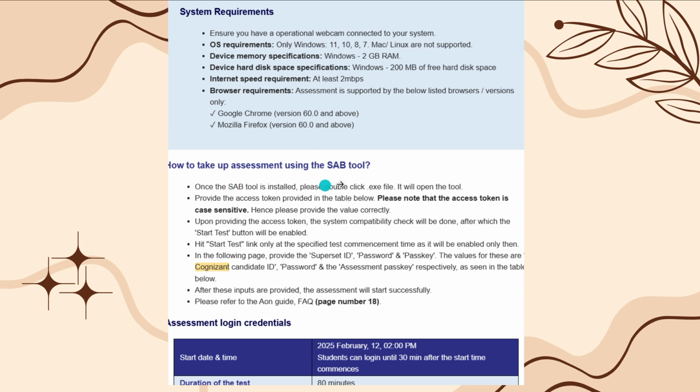And how to take up the assessment using the SAB tool: once the SAB tool is installed, we are going to see how to install that. Then please double click. You are not going to take the exam in Chrome; Chrome is not going to open your Cognizant exam. Once you install SAB, you have to double click it. Then you will get an .exe file, and if you open that tool, then you are going to give your exam